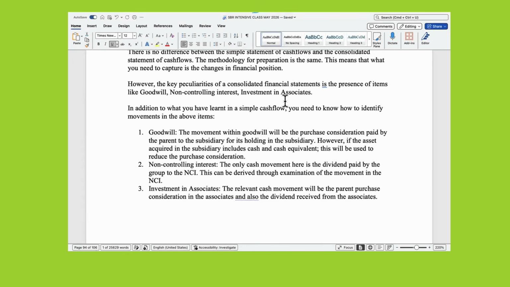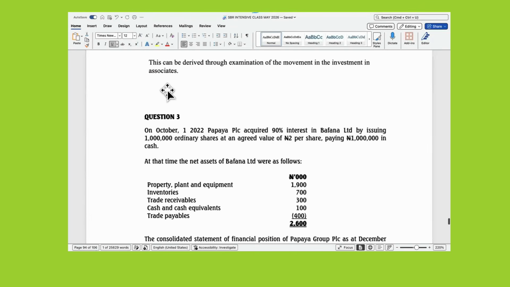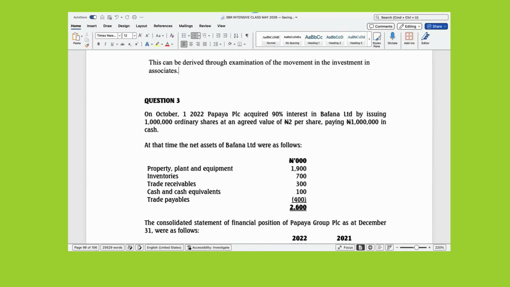Those are the relevant cash movements there, and those are the only new things there. Every other thing is just examine the movement as I've explained. So these are the items that are peculiar to consolidated account, and these are how to get the movement. And that is all. So let's solve two questions, a simple one and an advanced one. And you should be able to practice, at least if you can practice one or two more, you're done. If you can be done with statement of cash flows today, good for you,